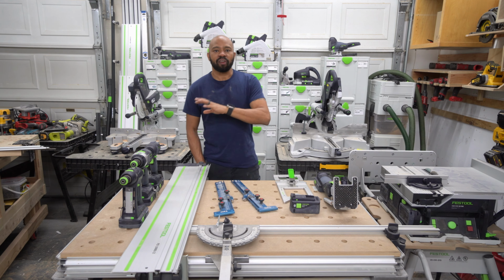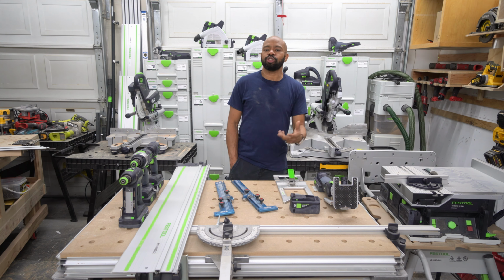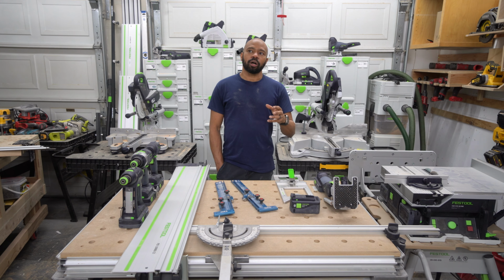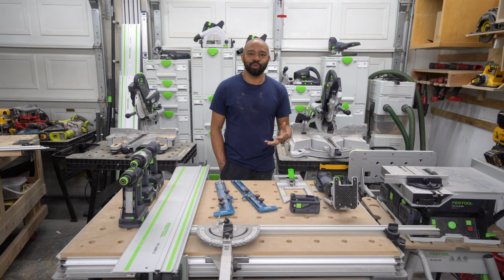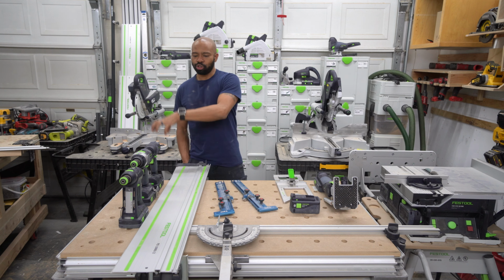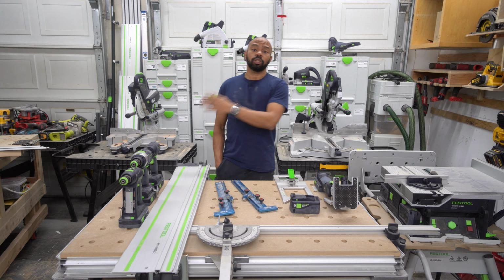I mean, Milwaukee, after all these years, finally came out with a track saw, but it doesn't have any way to activate Bluetooth, unless you could buy some kind of dongle or something like that, a couple things like that to try to make it work. But the dongle is like if you use the AC power. They have a brand new shop vac that they made, a line of them, like a 6-gallon, a 9-gallon, and a 12-gallon that you can use interchangeable lids. They even have one that's an AC adapter top, but no Bluetooth to connect to a brand new track saw